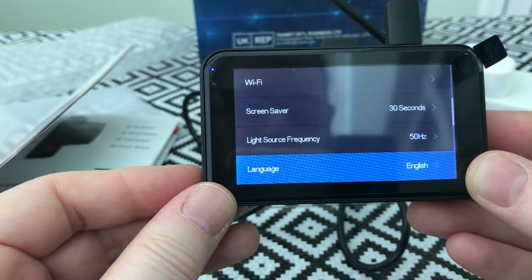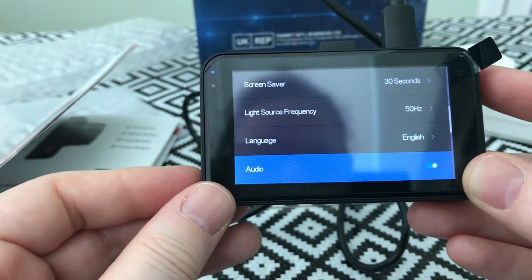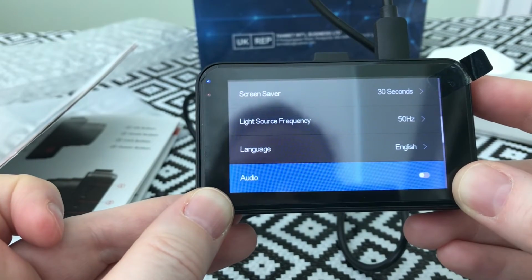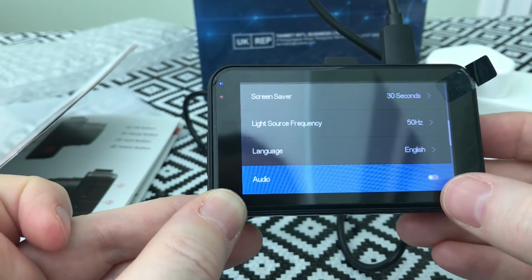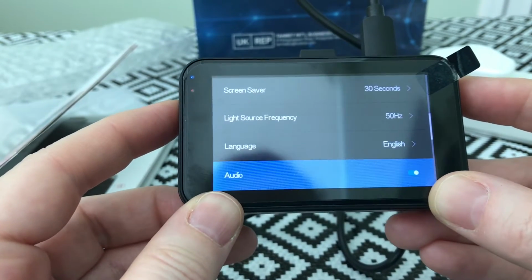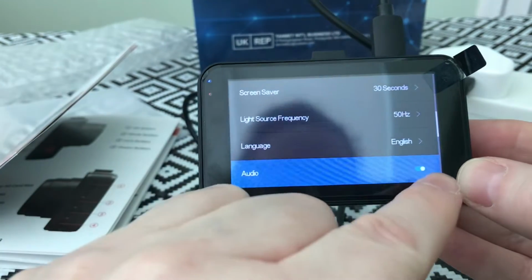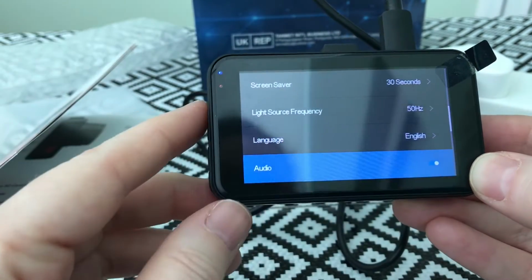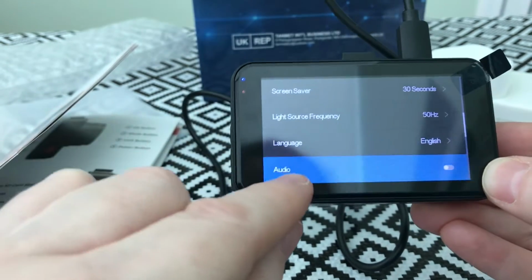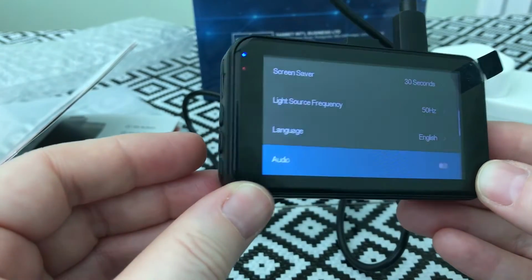Language is English. Audio, I'm going to switch this to off, so I'm going to press OK, and that's there switched off. Did you see that? So at the start it was a blue to switch it on. Look at that little icon there, and to switch it off it just goes to grey. So I want to switch that off because I don't want my conversations in the car being recorded, because I'm a chatty